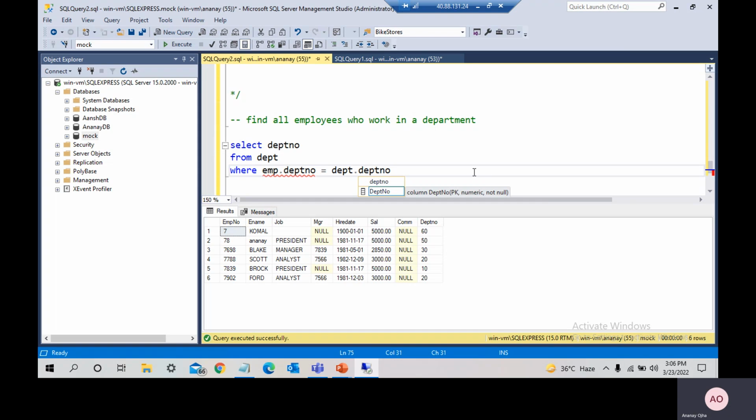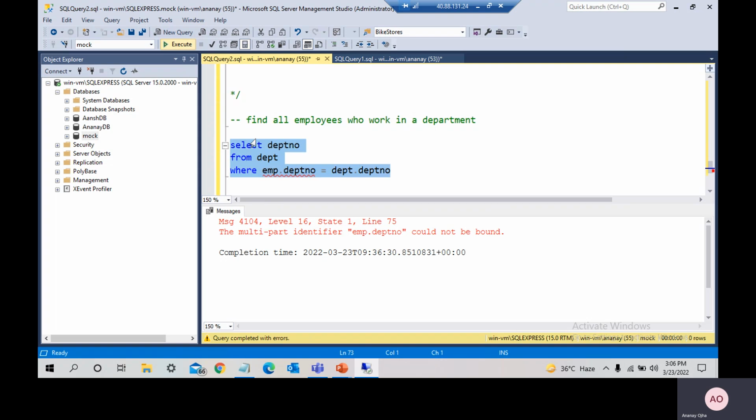Now this particular query will fail. The reason why this query will fail is that here we have specified the department table in the from clause, and this particular row is unknown for our query. So if we run this, it will simply give us an error that it is not able to find our EMP department table, as you can see. But if we nest this query inside a correlated subquery,